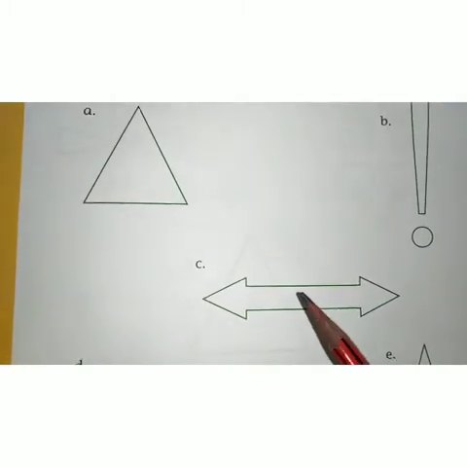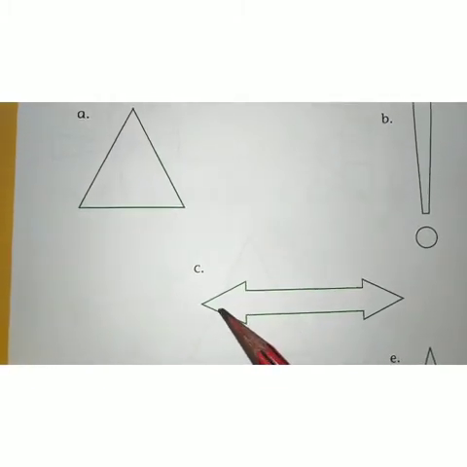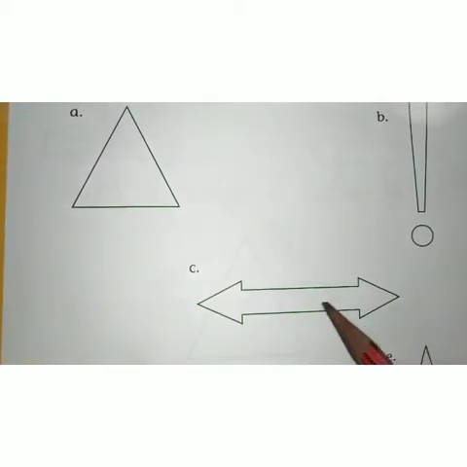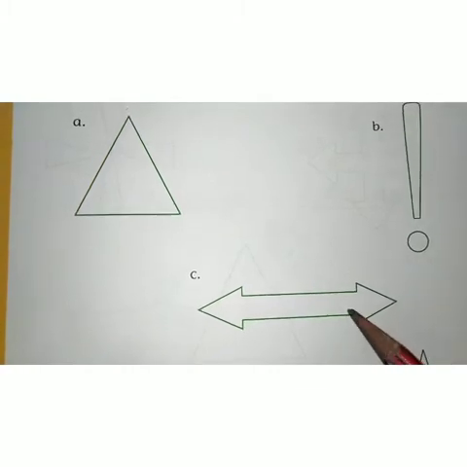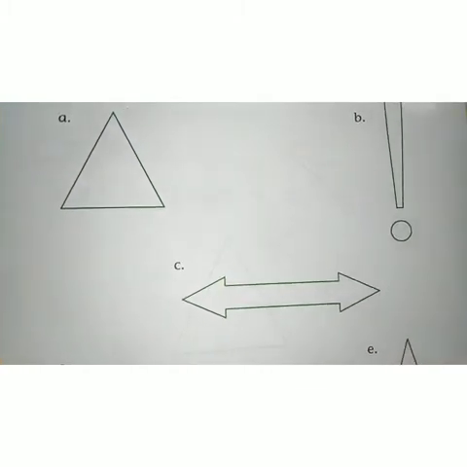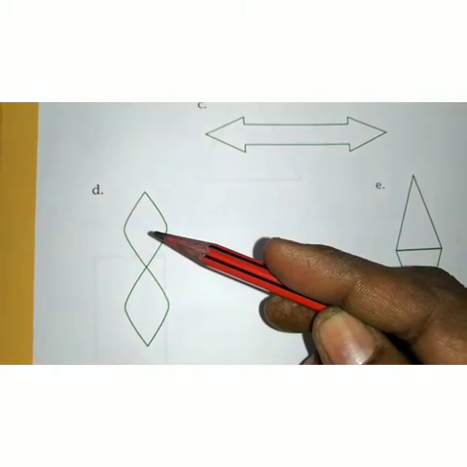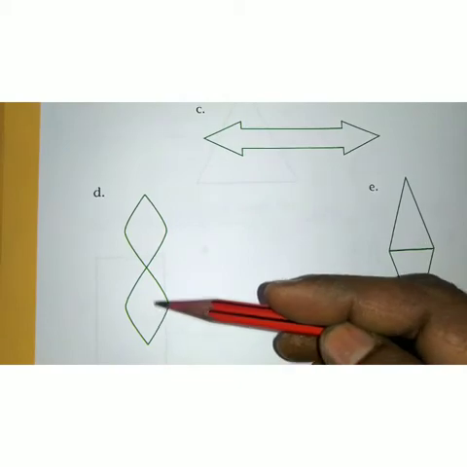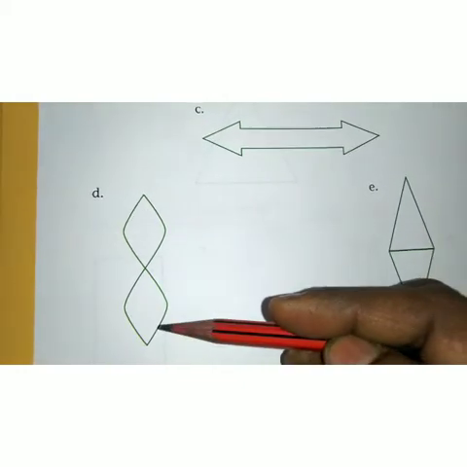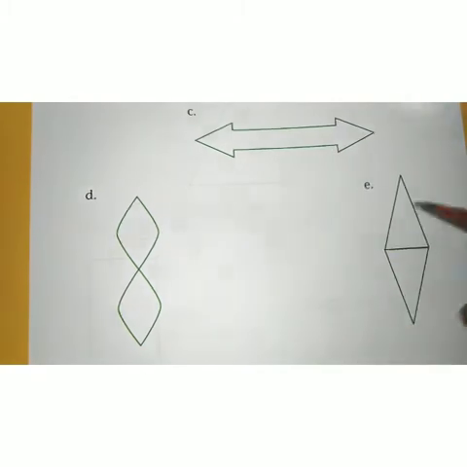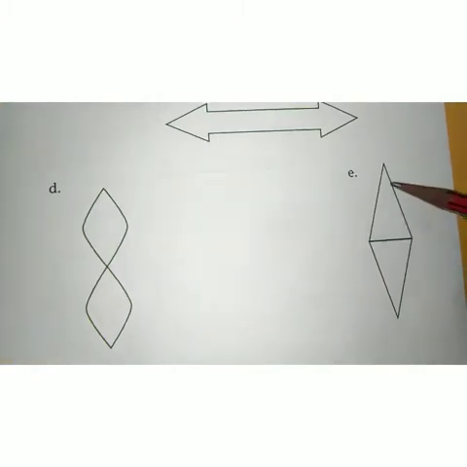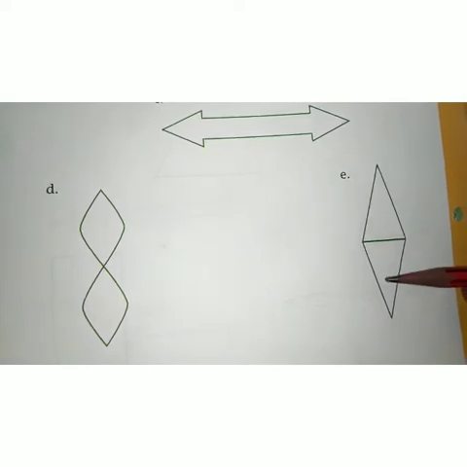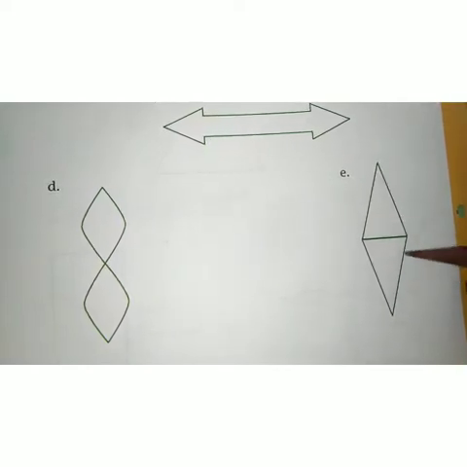Here, look at here. An arrow mark is denoted with two lines. The inverted image is given on the opposite side, so this is a half turn. In this image, a rhombus part is given. The inverted image is given below, so this occupies a half turn. For this also we have a small triangle which has an inverted image, so it occupies half turn.